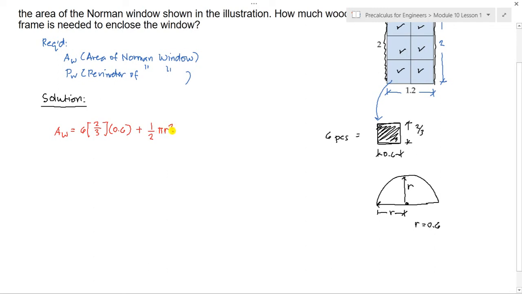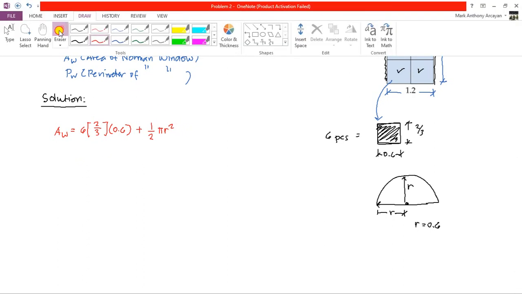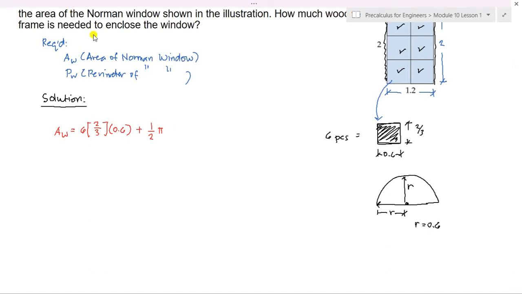And r squared, so ato na i-substitute na lang. R here is 0.6, so that is pi times 0.6 squared. So again, 1/2 siya kay semicircle naman. So here, simplifying, mahimo na siyang 6 times 2/3 multiplied by 0.6, then plus 1/2 multiplied by pi, then 0.6 squared. So the answer is